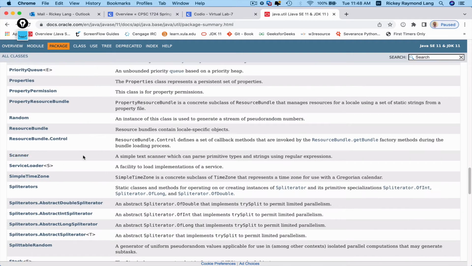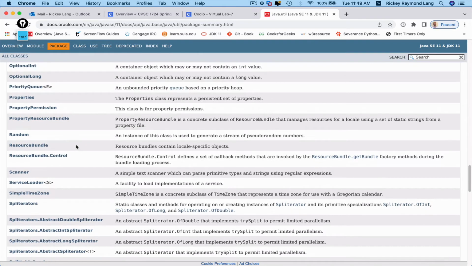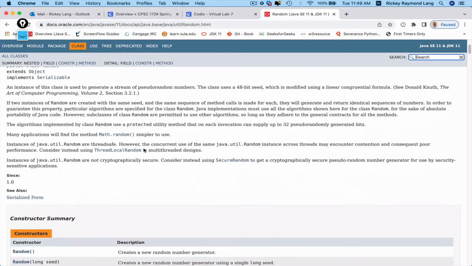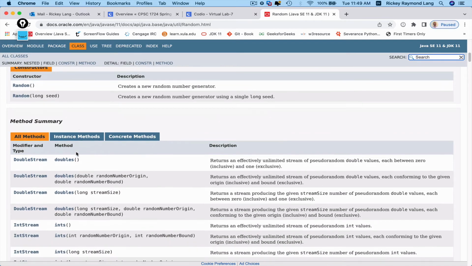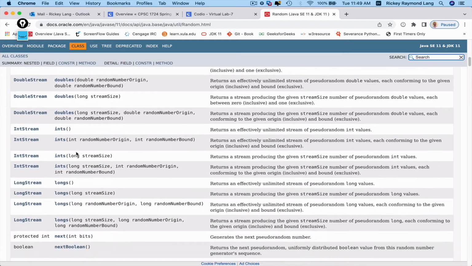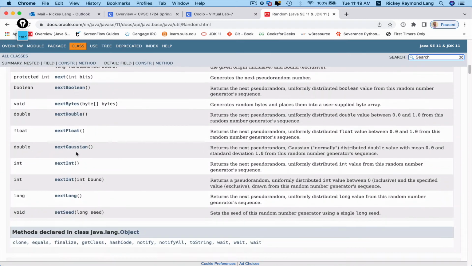Another utility class of interest to us, particularly in this video, is the Random class. You click on that. There's how you can create a new one. We're going to mostly use this top one. The constructor that takes a seed is used if you need reproducibility. If you scroll down here, there's some of the same things: nextFloat, nextDouble, nextInt,